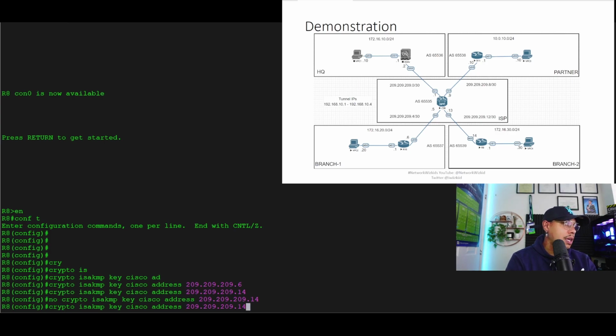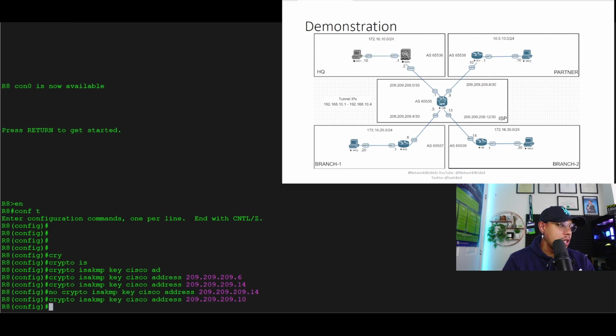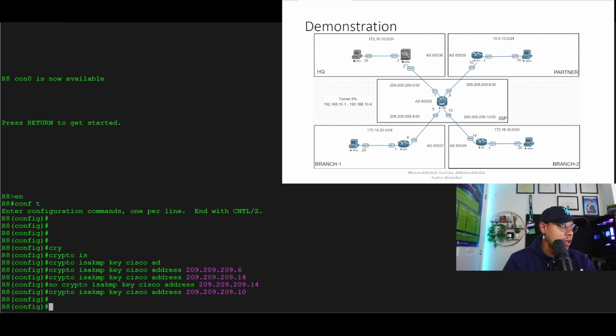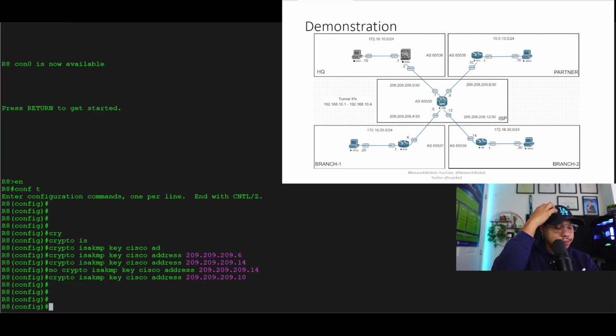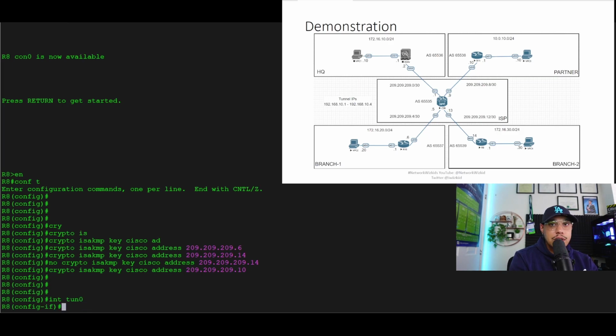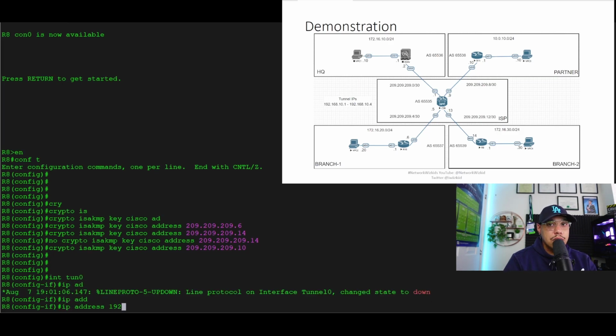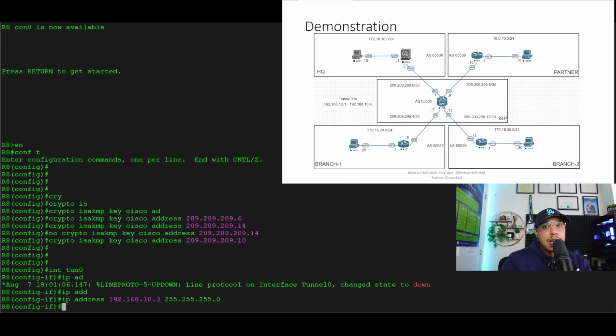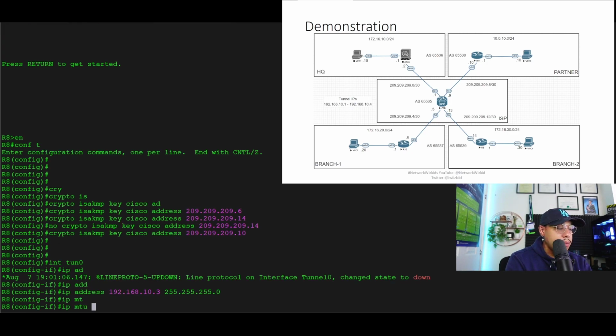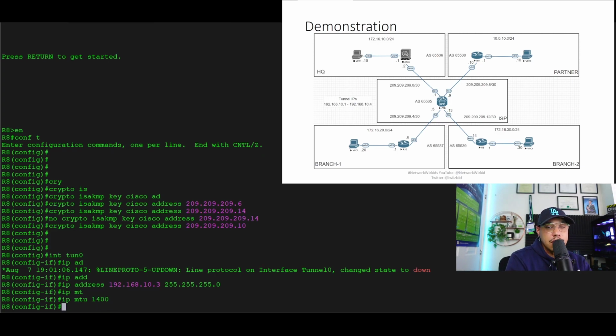We'll also say 10, which is the partner device or the partner router, partner site. And then we'll jump straight into the tunnel configuration, and we'll say IP address 192.168.10.3. All right, so once we've done the logical IP address of the tunnel interface, we can now do the MTU 1400,